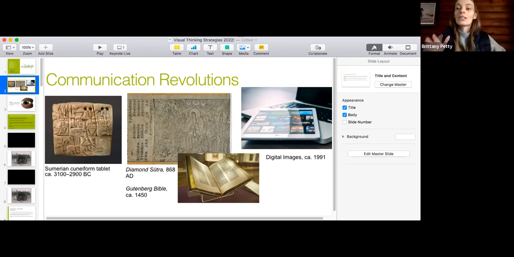And then we move on to the Gutenberg Revolution, which is the printing press. The Germans get credit for this, but it was actually the Chinese that first started printing in 868 AD. But now we're in the middle of another revolution, the digital revolution and digital images,